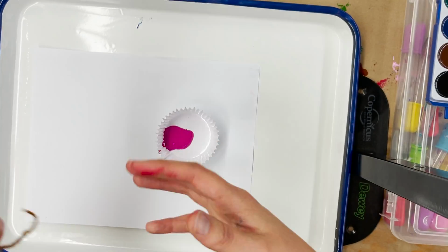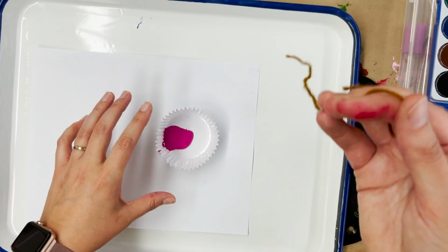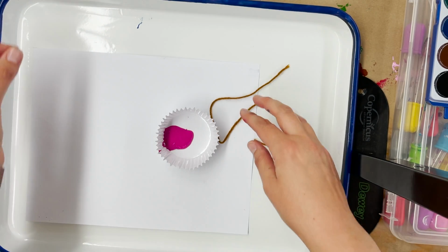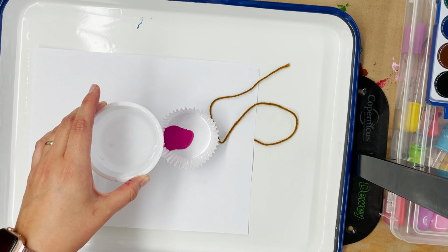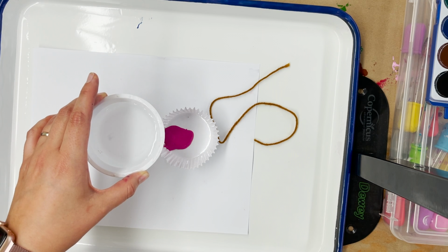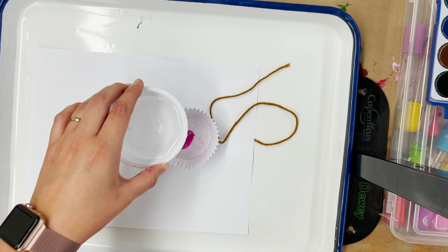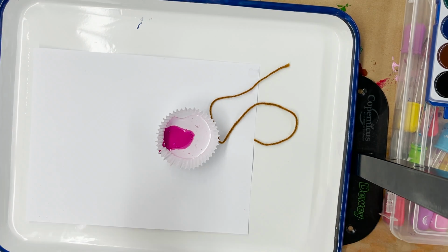And we wanna saturate this piece of yarn from halfway down in here, but right now it's very thick. So I'm going to introduce you to our reusable water cups. You can find this water cup over in the rainbow drawers, and it's labeled water cup. I'm going to pour a little bit into my muffin cup, and then I'm also going to use,